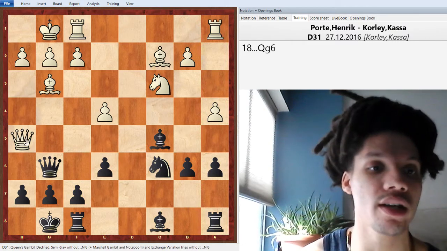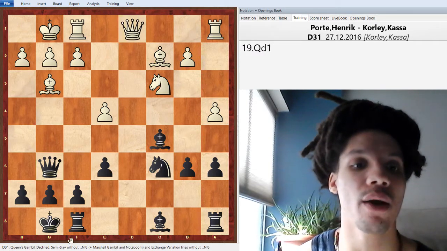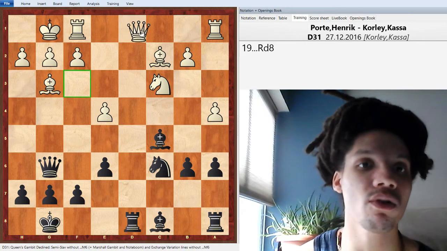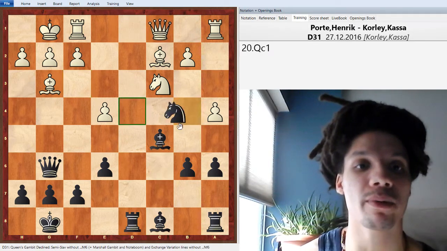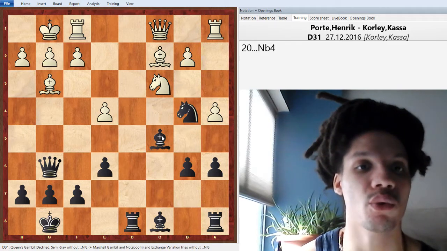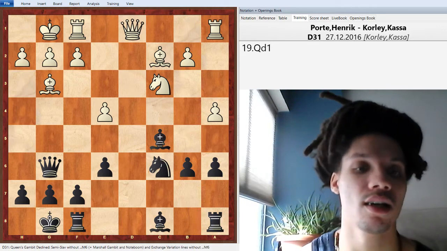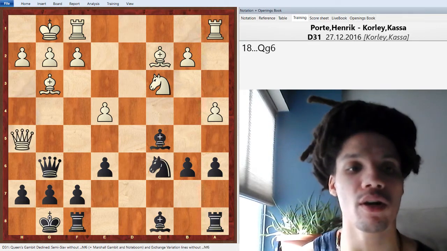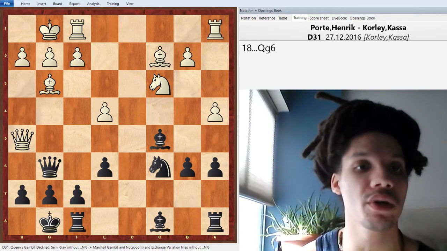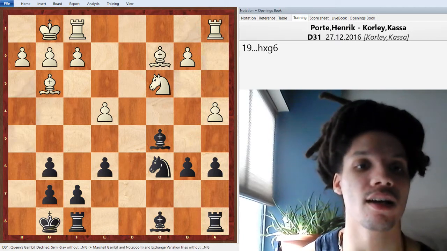So if the queen retreated, let's say to a square like queen d1, I would happen to have rook d8 hitting the queen, and if the queen moves somewhere like queen c1, I'd have knight b4, and so e5 would never really come comfortably before I start to harass this bishop. So I thought I was taking a little bit of control here, because after queen g6, queen takes g6, h takes g6, I thought, now I have an ending,